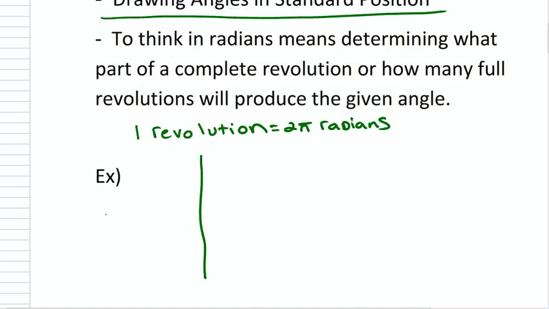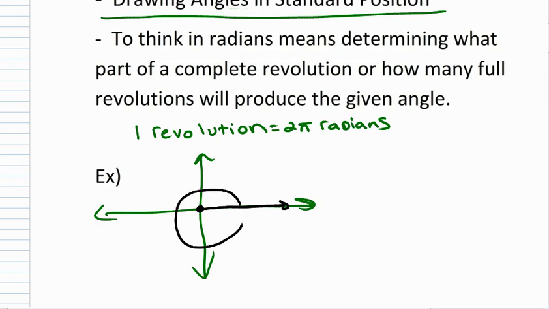So if I have an angle in standard position, remember standard position means one part is fixed on the positive x-axis and it rotates around the circle a full amount. That is 360 degrees, but it's also 2 pi in radians. And remember,